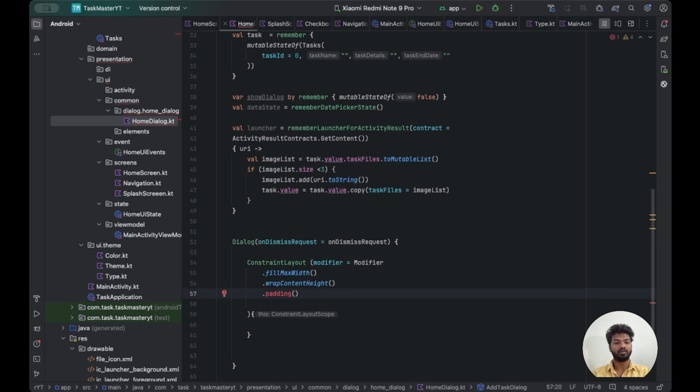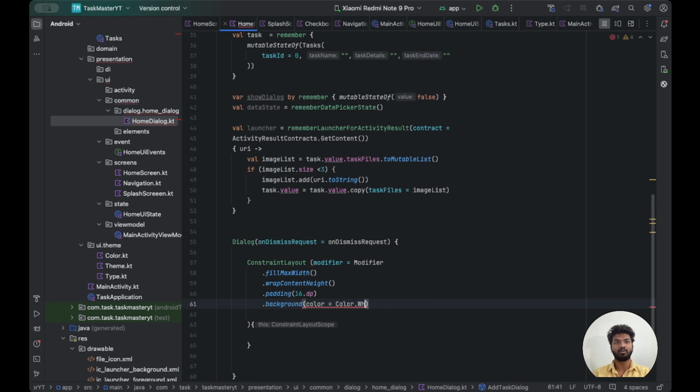Padding is also required. It will show import from padding, 16.dp. dp will give you red, I'll import that one. Then background color is equal to color dot white. So white dialog. Okay,